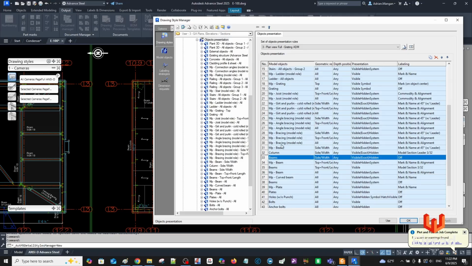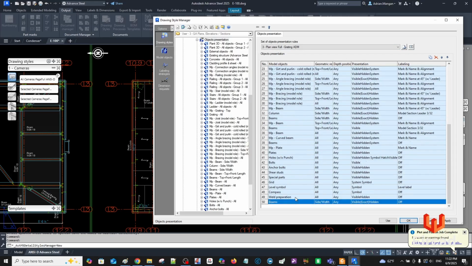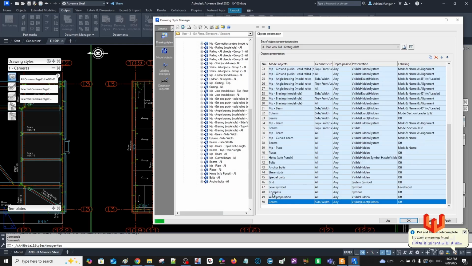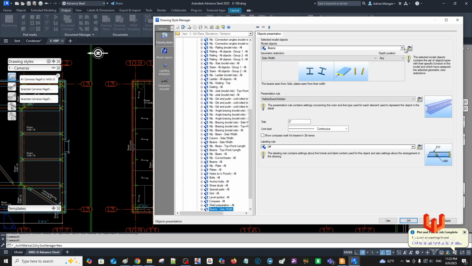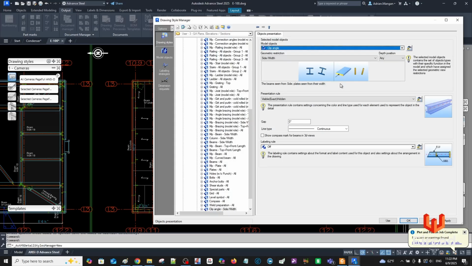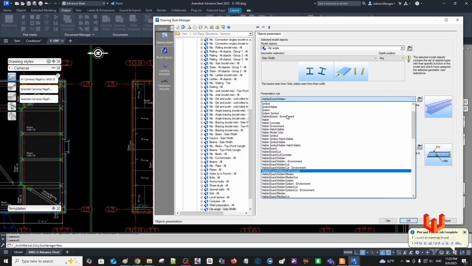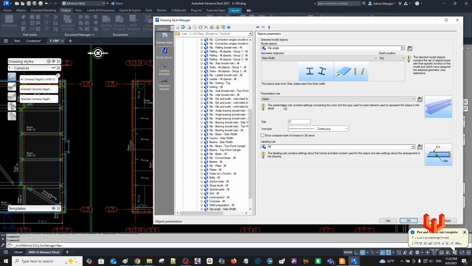Now, I don't want that to be just a beam. I prefer that to be more specific. So I'm going to create a new one. And I'm going to come in here and make this parts, all model roles, or parts with model role clip angle. So I'm going to create a clip angle one. Visible, examine, so I don't want that to be visible, I'm going to just make that visible and no label,